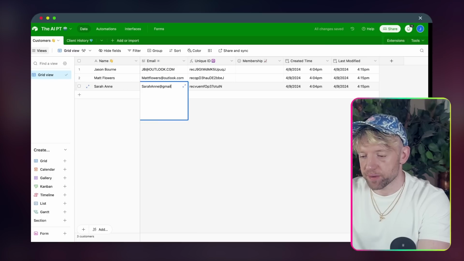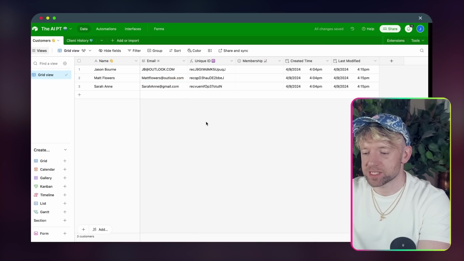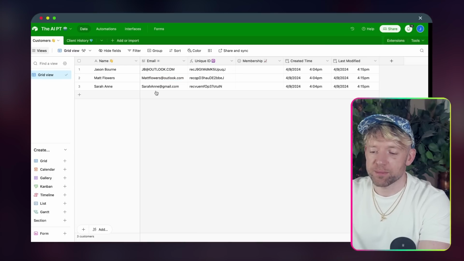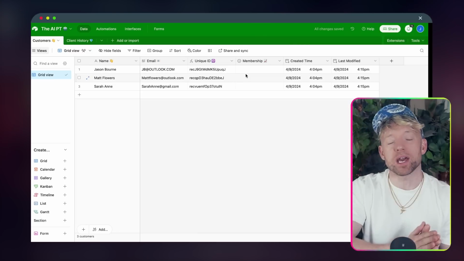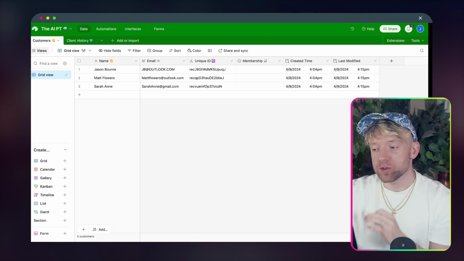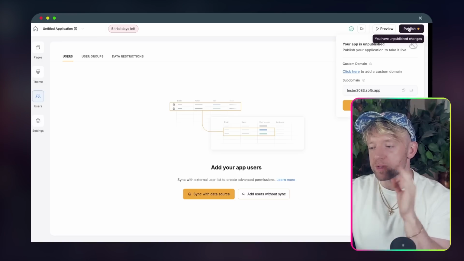And this one can be from Gmail, just for some diversity and some interesting aspects. Cool, so we've got these different emails here. So what we're gonna do is sync it with our application. So whenever somebody creates now an account on our new and beautiful website,